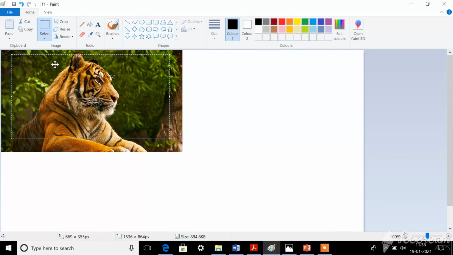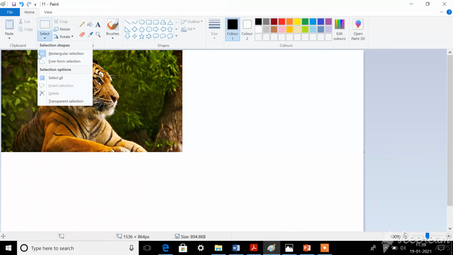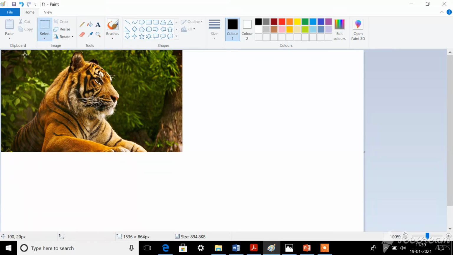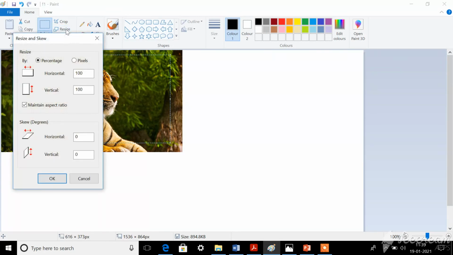Now listen. First of all, you should select the picture. I told you how to select. So either you can use your mouse pointer or else select rectangle, then you can drag. Then after that go to resize option.